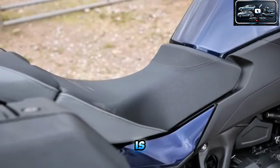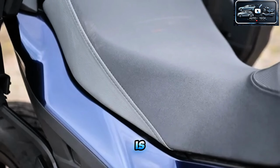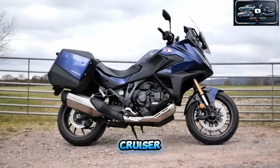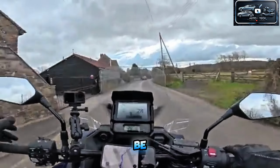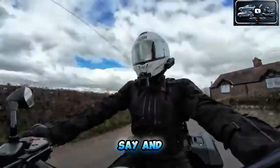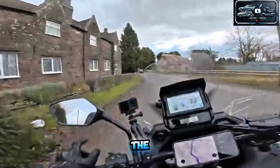Now, the riding position is another big tick for me on this bike. It's 820mm in the seat height, which is nice and moderate. Some bigger, more cruiser-inspired tourers can be very long and low, and I prefer to be a little bit more sat up, let's say. And that's probably as a result of this bike sharing the frame with the Africa Twin